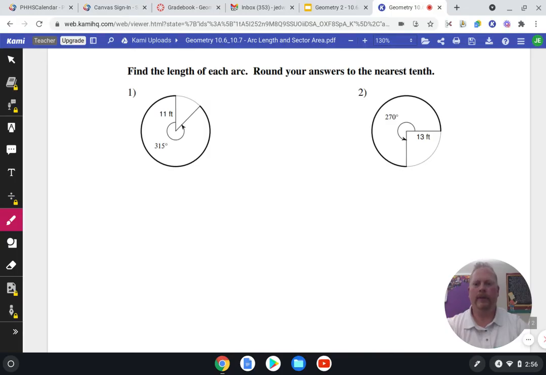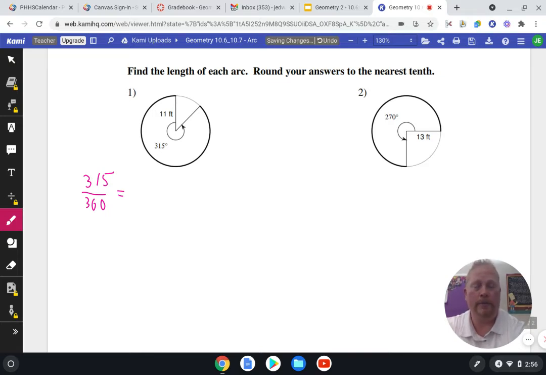Let's go ahead and take a look at some examples and work on this a little bit. Okay, so remember our proportion. The first ratio deals with the angles. So it looks like in problem number 1 here, the angle that I'm dealing with is going from here at the top all the way around to right about here, which is 315 degrees. So 315 degrees over 360 degrees